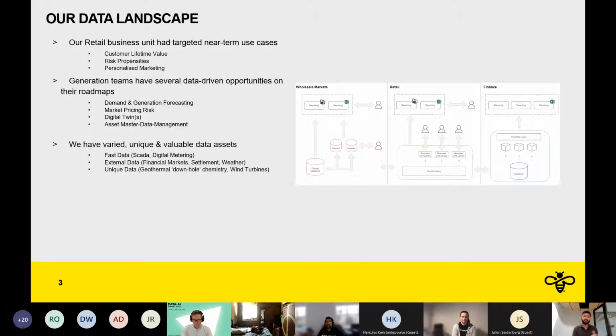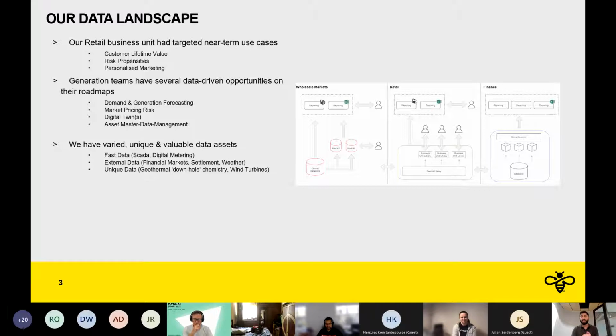We've got fast data coming from SCADA, and fast data coming from metering as you keep using electricity. We've got data from external parties, and certain data sets that are specific to the industry. Like in our geothermal plants, when we drill holes to produce electricity, that produces geographical and chemical data, which I have never seen outside of Mercury anywhere, to be honest. And that's really interesting to play around with.